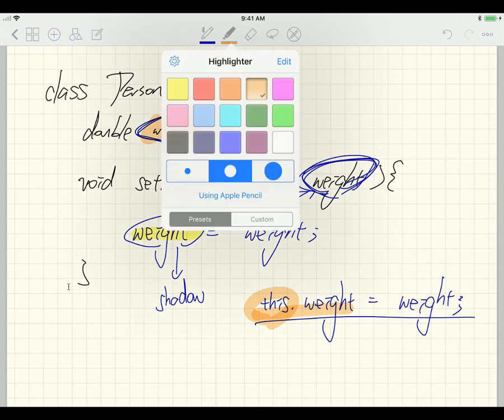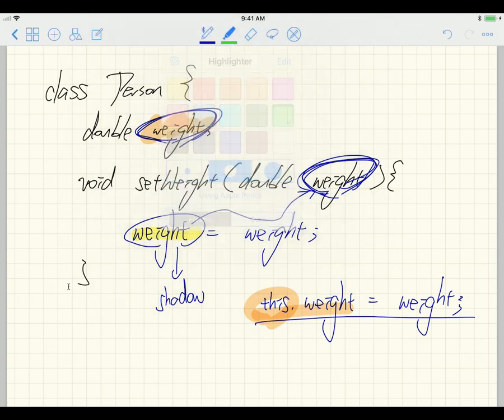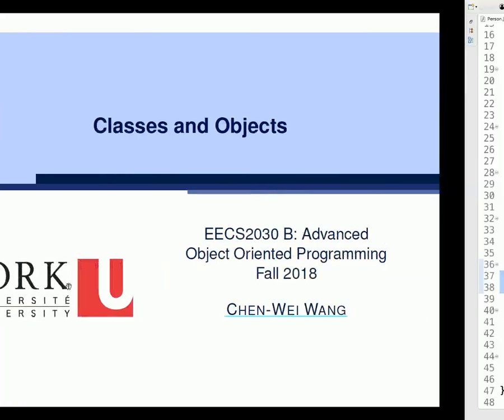On the other hand, you can see that, let me use a different color here. When you have weights over here, it refer to the parameter weights here. Okay, that's something to note. Again, it's a review. Any questions about this? Okay, and you will see that this keyword over here is rather useful, especially if you want to trace method calls in complicated example, which I will show you today towards the end. Okay. Okay, if no questions, I would like to go back to Eclipse